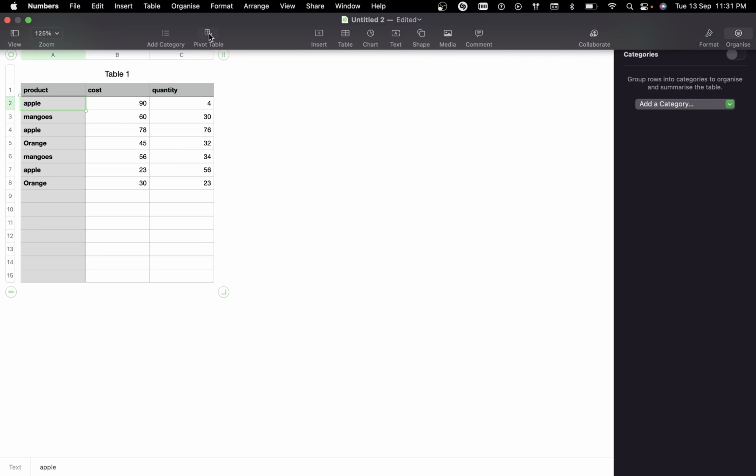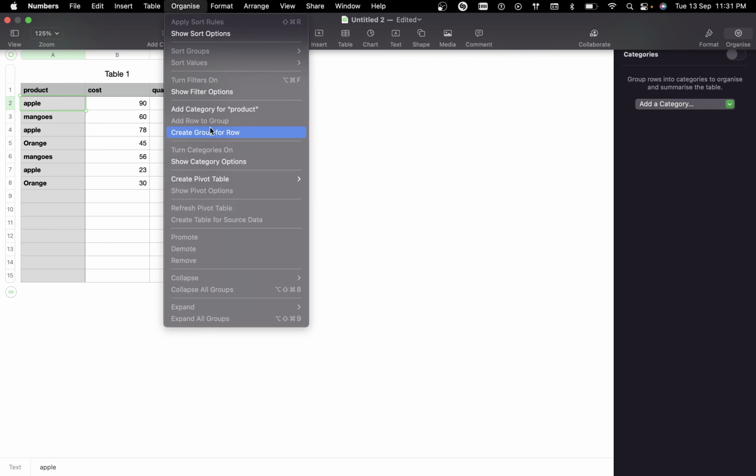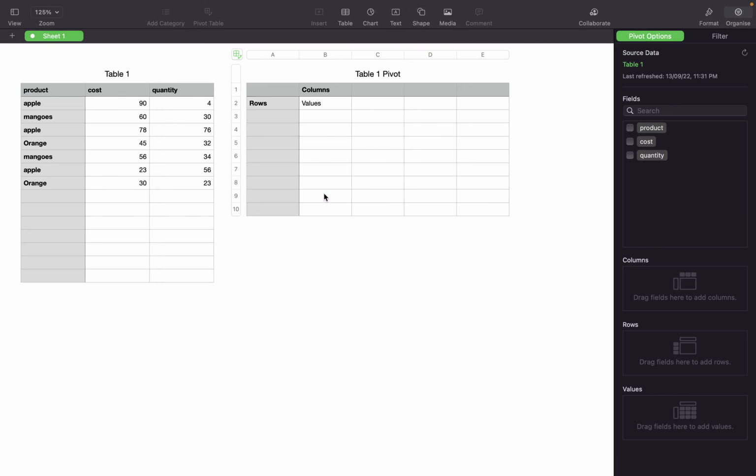So you see an option here called the pivot table. You don't have to click on that. Instead, click on Organize on the toolbar, click on Create Pivot Table and select On the Current Sheet. So here now you have to customize it. So let's first click